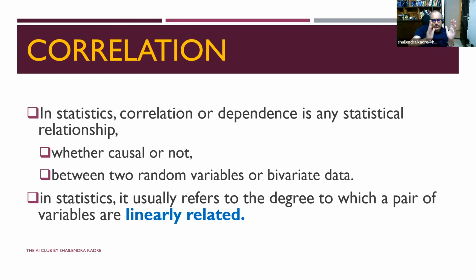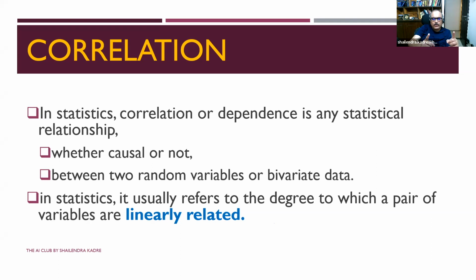Remember, correlation also tells you about the same thing: if one variable varies, how the other varies. If I vary X, how Y varies. Covariance is also the same thing. Both tell us about the same thing, and both are used to measure the same thing. But